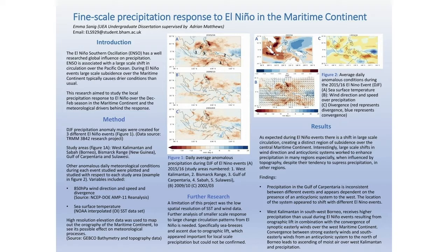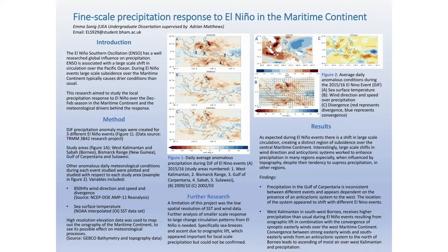So to do this, I built up a picture of the anomalous circulation patterns influencing the maritime continent during an El Niño event. So in figure 2, I looked at a 2015-16 El Niño and looked at meteorological variables such as anomalous sea surface temperatures, 850 hPa wind direction and speed, as well as convergence and divergence at 850 hectopascals. So this data was really useful for looking at large-scale circulation patterns during El Niño events, monsoons, and pressure distribution